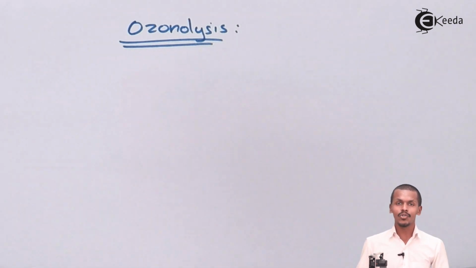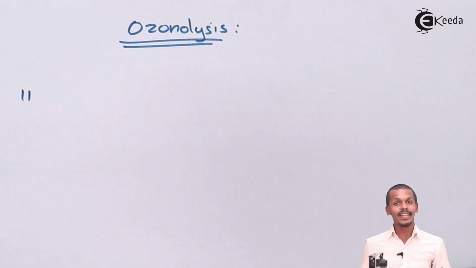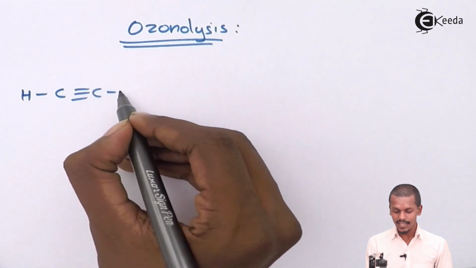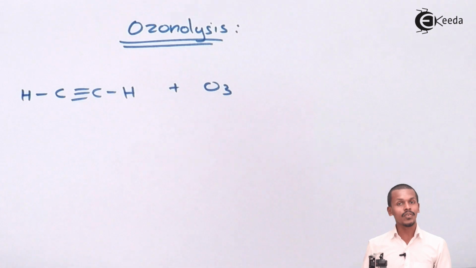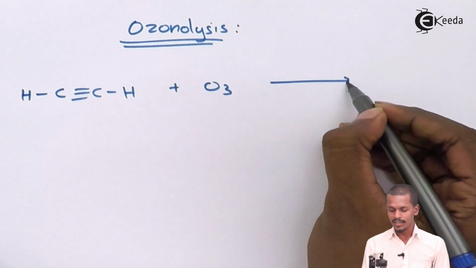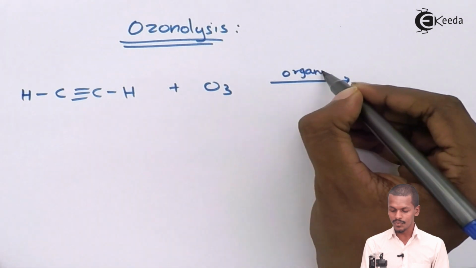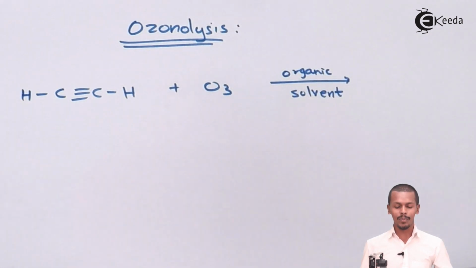So let me give you a short example by using an alkyne itself, that is ethyne, that is HC triple bond CH. Suppose this has been used, and it will be used in presence of ozone, and that also in presence of an organic solvent. So therefore in presence of an organic solvent it has been used. So obviously there would be a formation of